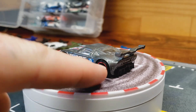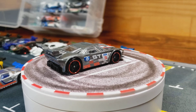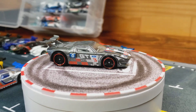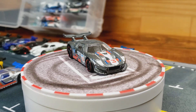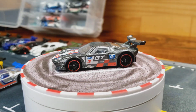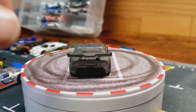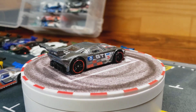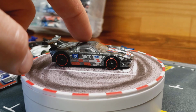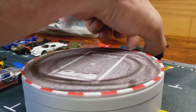And then here is another mystery car pillow pack. So this has been in the pillow packs for 3 different releases. This one was number 3, so it was one of the chase versions in gray. And I think that brings us up. That was 2020 that this one came out. That brings us up to date